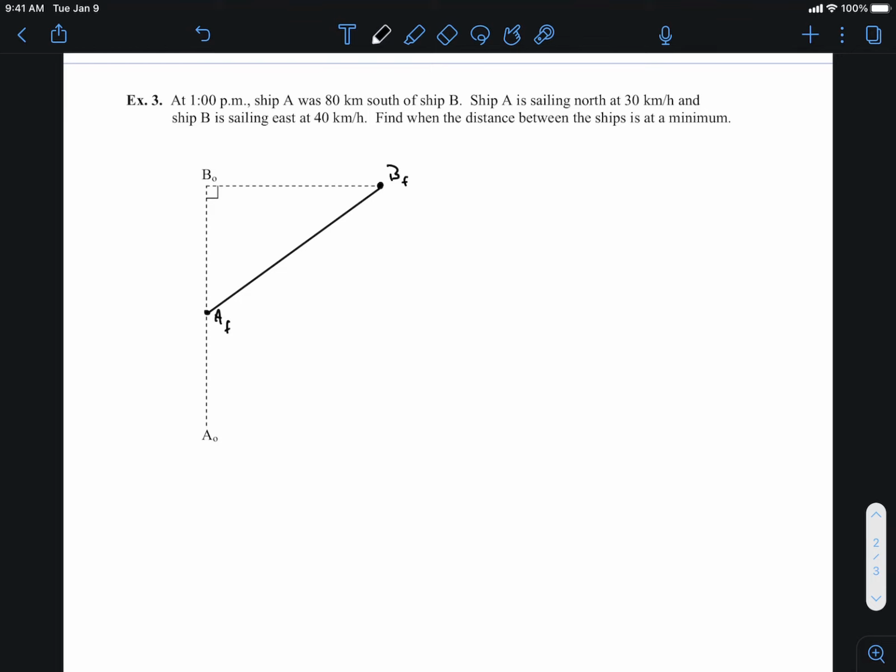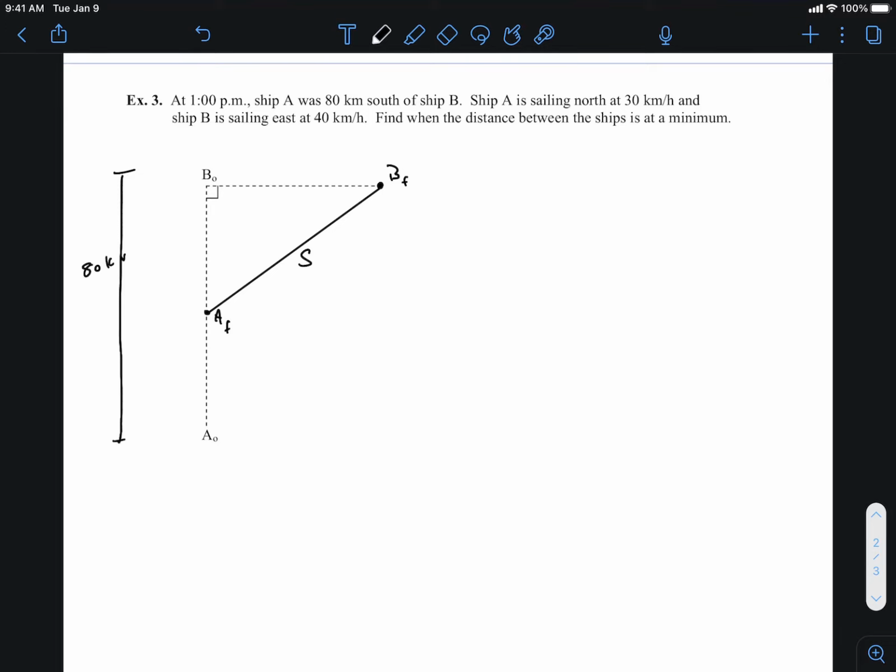And we've been using S for S of T functions, position relative to time, right? A lot of this comes down to, if you need a picture, you draw a picture. Absolutely. If you've taken physics, you know how much a picture or free body diagram can help you. So initially we know that these two ships are